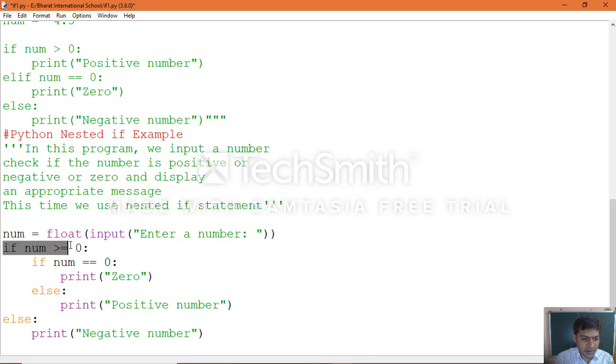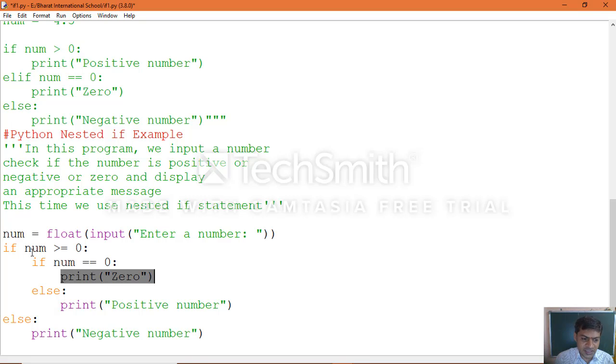So if num greater than or equal to 0, if it is true, then it gets into the if block. In the if block, again there is a condition which we are checking, num double equal to 0, and if this condition also becomes true, then this will be the output. So the first condition is true, then it gets into the inner condition which also becomes true, then it prints 0.